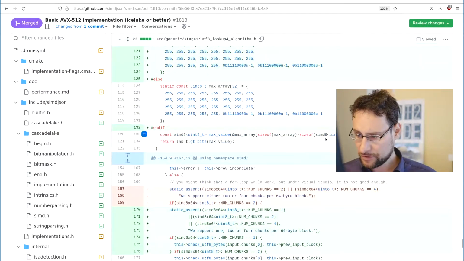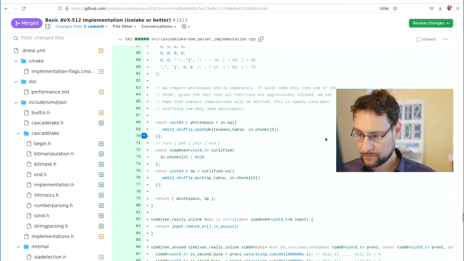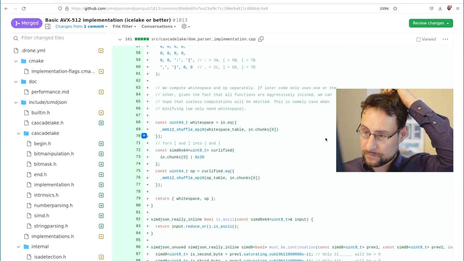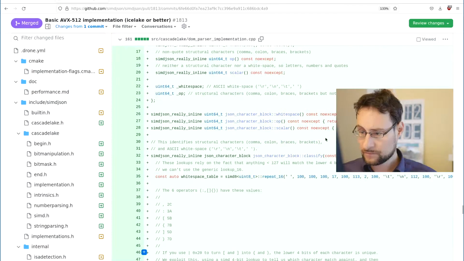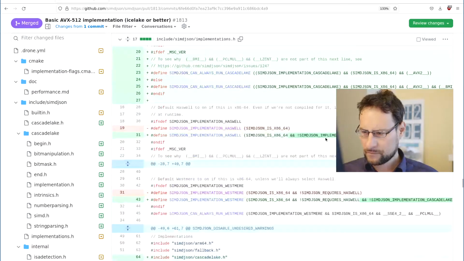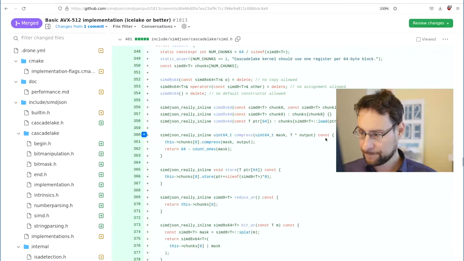How does it work algorithmically? Maybe this is some checking for quotes and backslashes, one whole 512-bit vector at a time or so.